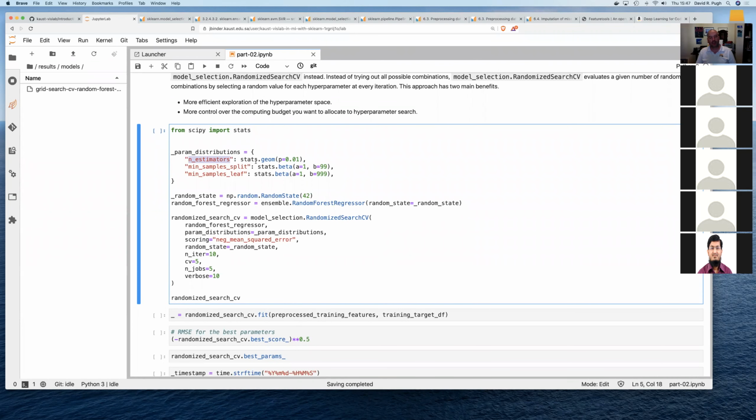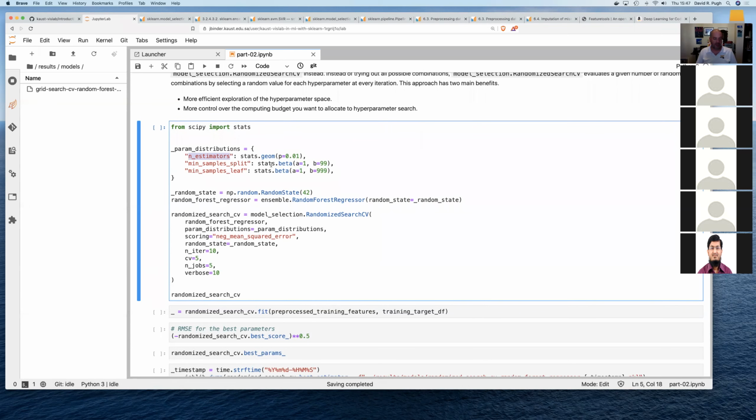And so I can use this geometric distribution with this particular value of its parameter p to determine the probability with which I will sample different integers, basically. And then the randomized search will sample from that distribution to find a value for the n estimators. And then it will sample from a beta distribution with these parameters to get a value for the min sample split hyperparameter. And then it will sample from this beta distribution with these parameters in order to get a value for the min samples